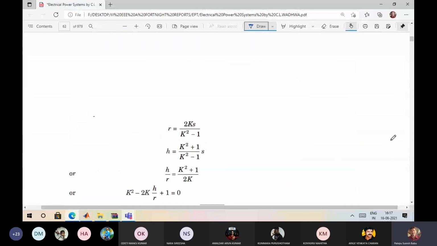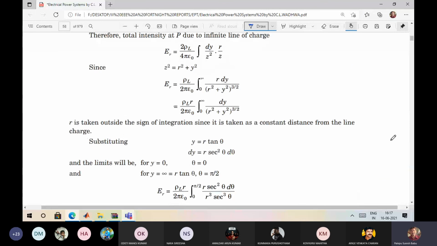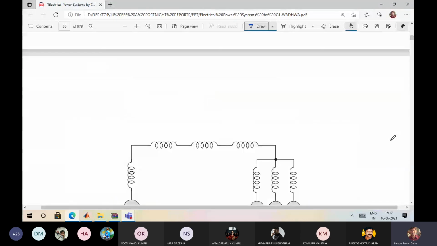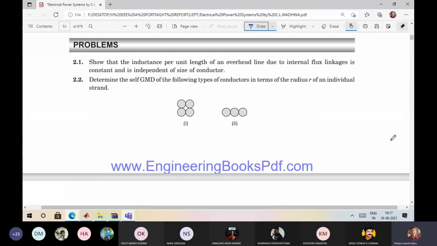Horizontal configured circuit with bundle. Up to now we have not considered the